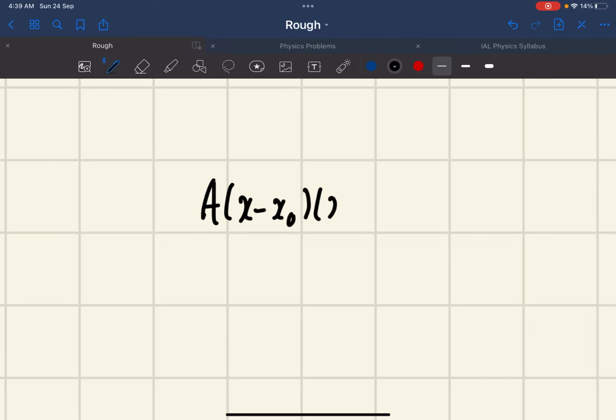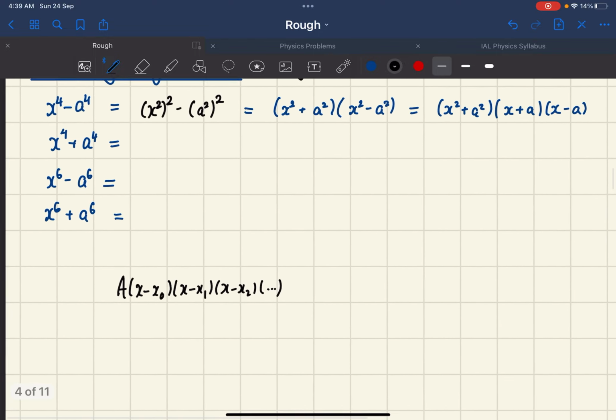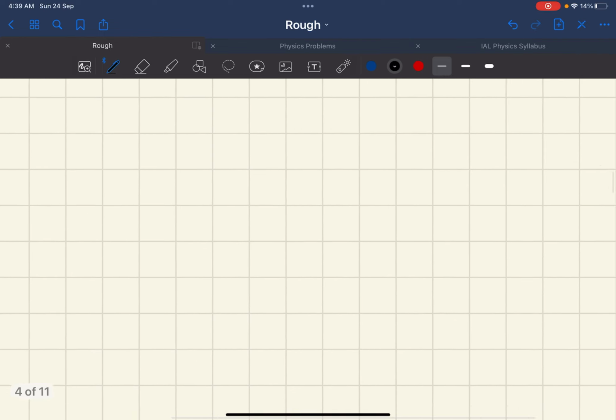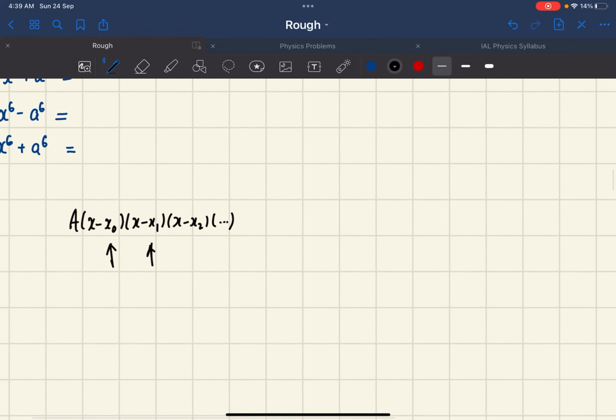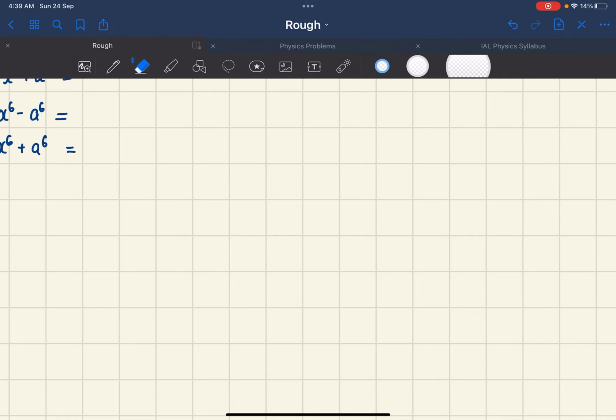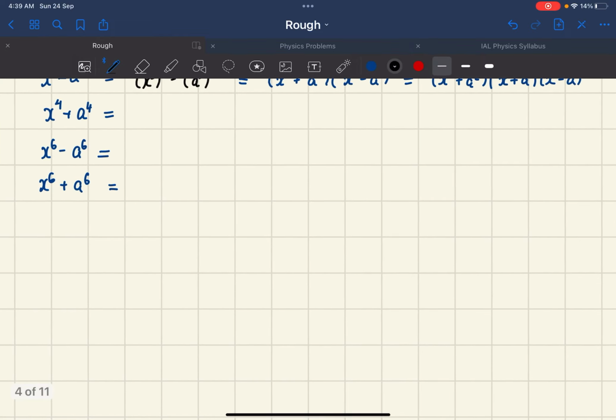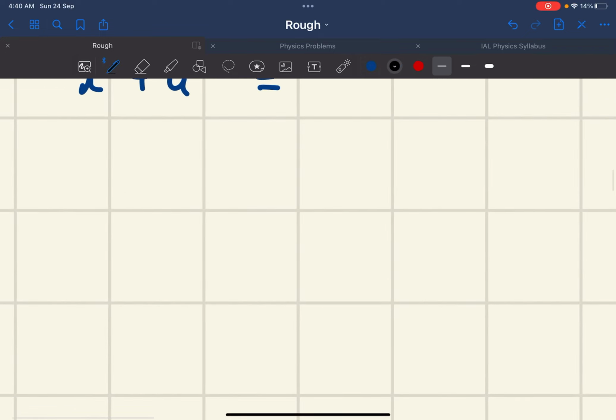x0 is a root, x1 is another root, x2 is another root, right? And then if we find all its roots, substitute all of these roots in here, we can multiply the factors with complex conjugate roots together, and we will get the expression that we want. Sounds very complicated in theory. In practice, it's much easier. I'll show you why. I'll show you how. If you know your complex numbers,